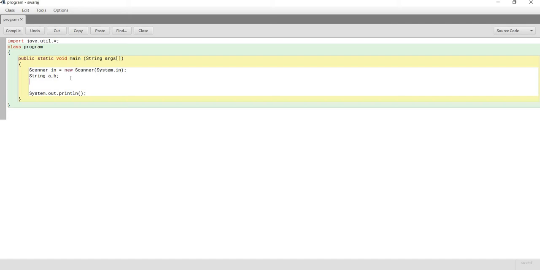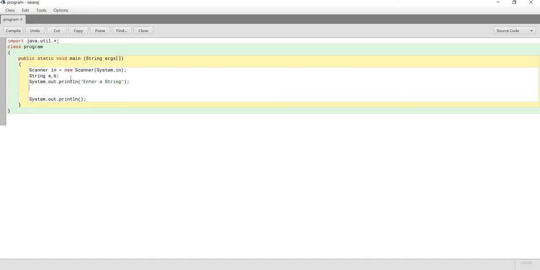So let's write System.out.println("Enter a string");